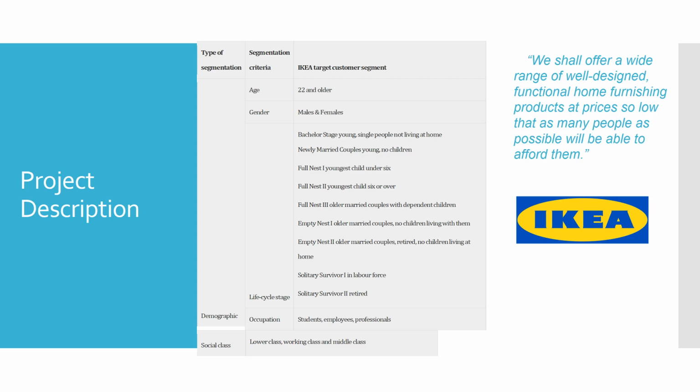First is IKEA itself. As we know, IKEA is a company that focuses on the low and middle classes in society, which means their main customers are students, employees, and professionals. So we could know that this is the main thing IKEA should focus on when it comes to the situation in Yanxuping, because in most cases the customers for IKEA are the students